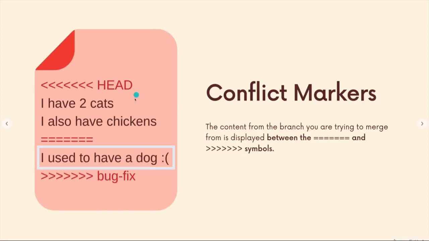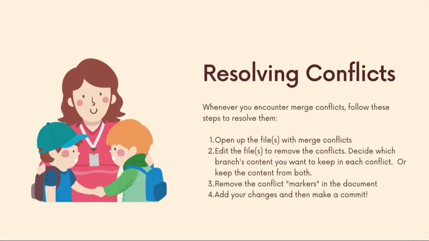Do I want all three lines? Do I want just these two or just this one? You combine them, it's up to you, right? And with code, usually you need to figure out what matters and what's supposed to be there. And you have to go through it and be careful. But the point is, you're doing it as a human. Git is not just deciding for you. So it's very important. We go through, we remove those conflicts, we decide what we want to keep, and then